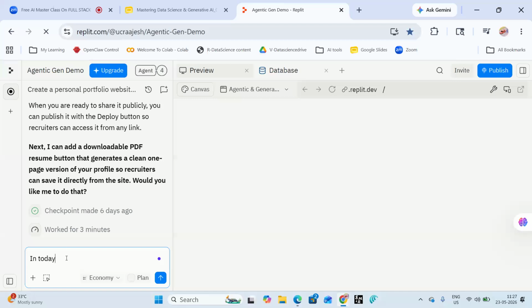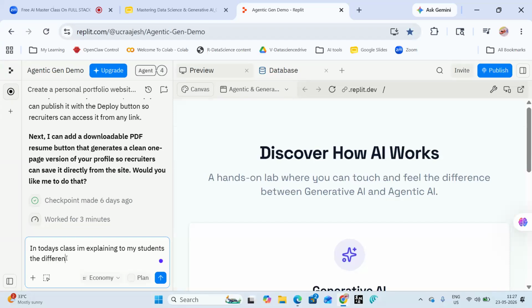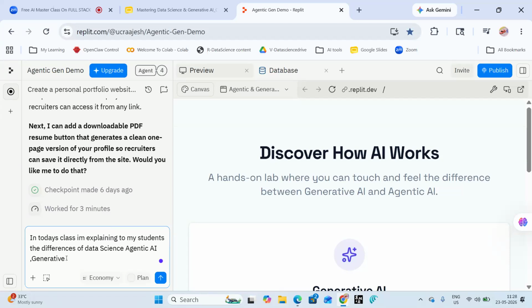In today's class I am explaining to my students the differences of data science, agentic AI, generative AI.